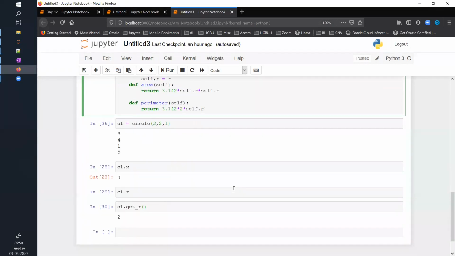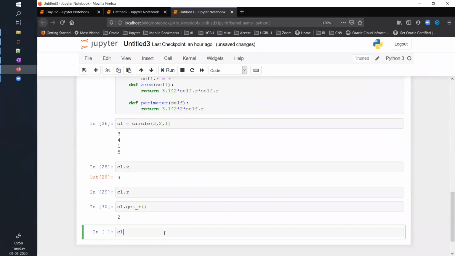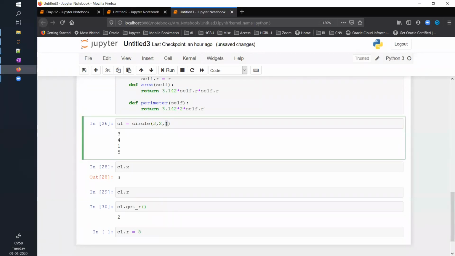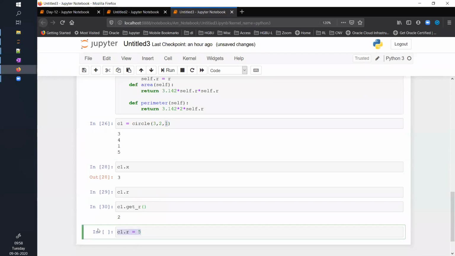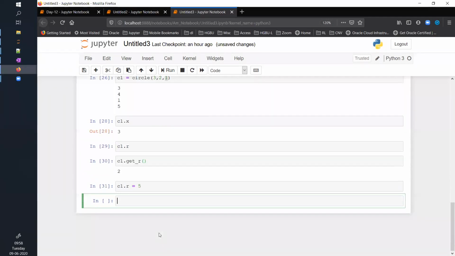Make sense? Yes, sir. Similarly, to set the values, if you remember, initially I was saying C1 dot R equals 5, and I was able to make the change, right? Although I created the circle with radius 1, now I am resetting it. I am changing it to 5, which was not correct. But now the user will not be able to do this. Even if I do this and then I say C1 dot area,